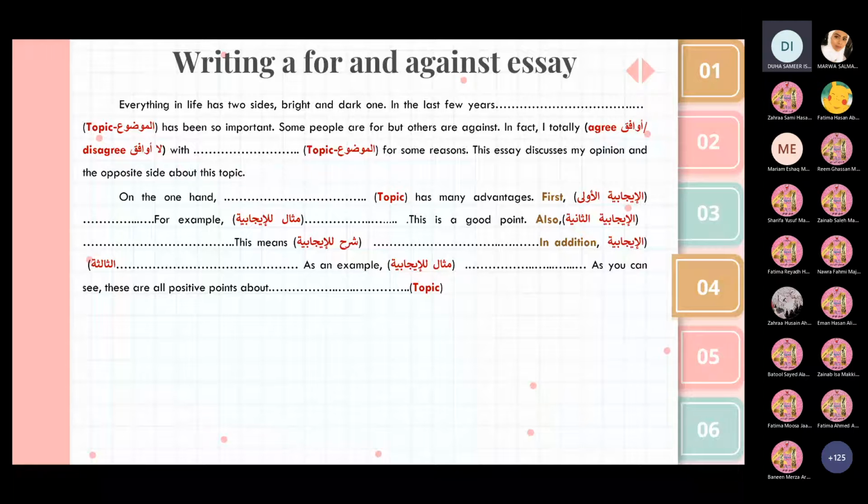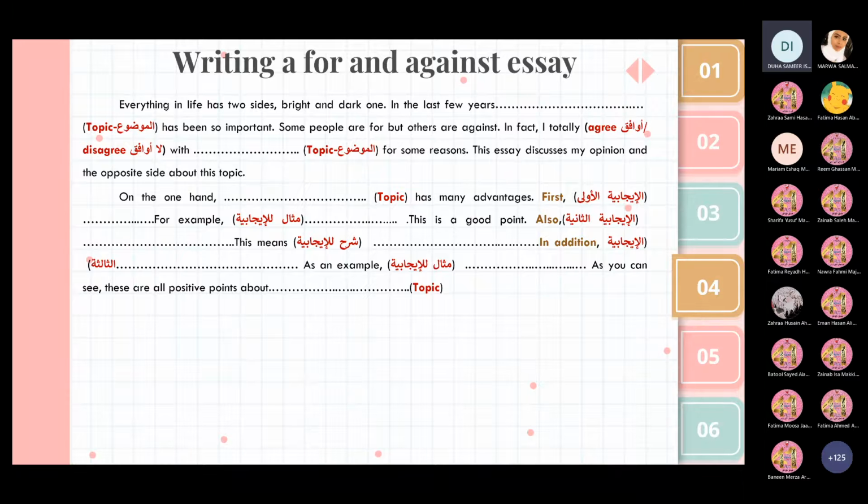Okay, for example, I remember we gave you one of the topics was about fast food. I hope you all remember that. We did some brainstorming and came up with points for the advantages and examples, also points for the disadvantages and some examples as well. So we're going to start with the advantages, in which we start our paragraph with on the one hand, and then you mention the topic, and directly you write the points you have brainstormed, the advantages.